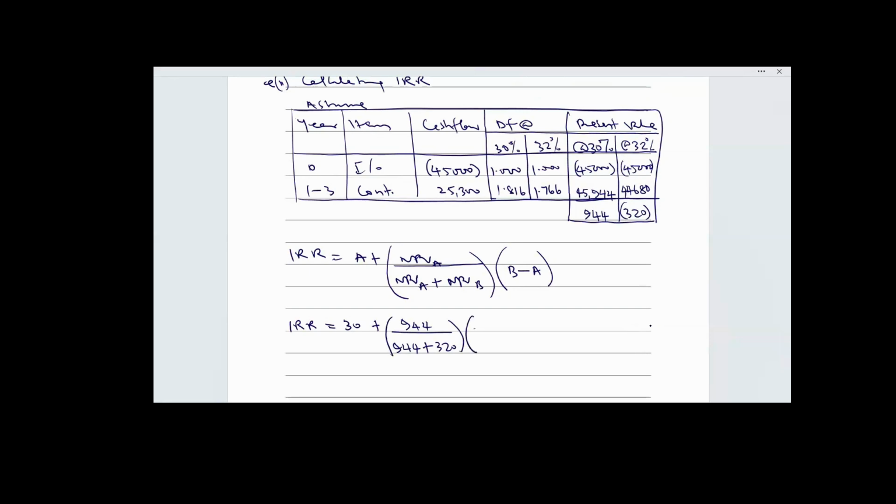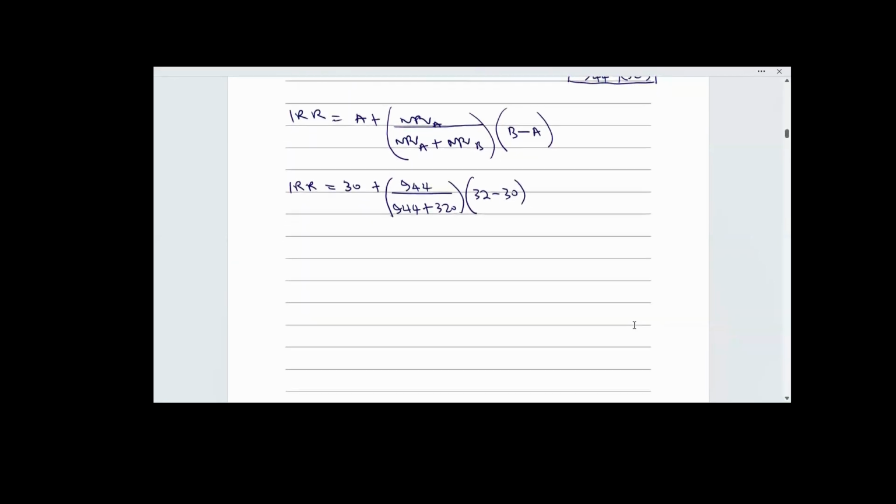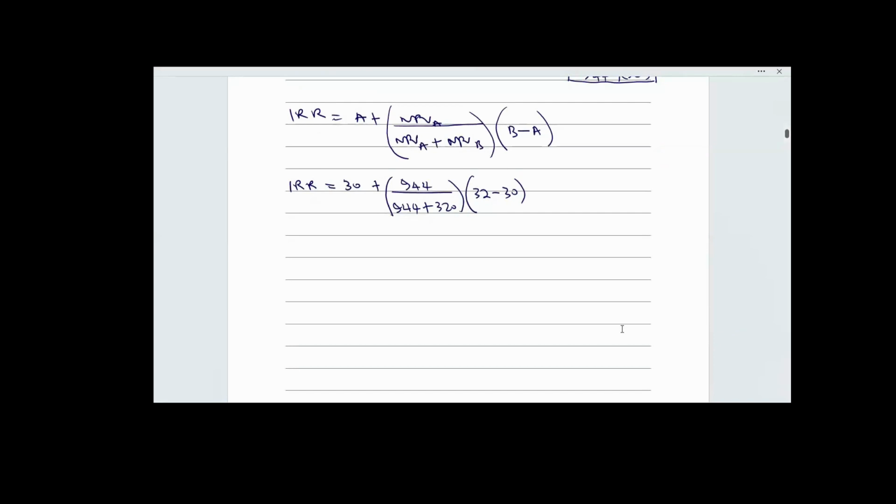Multiply by the higher discount rate of 32% minus the lower discount rate of 30. So I will then bring out my calculator to say 944 plus 320 equals 1264. Therefore, 944 divided by 1264, multiply by 2, plus 30, equals